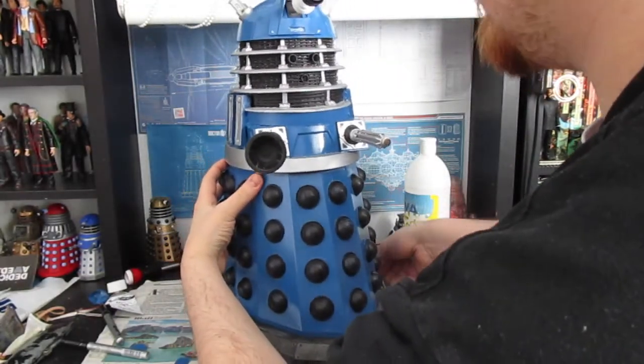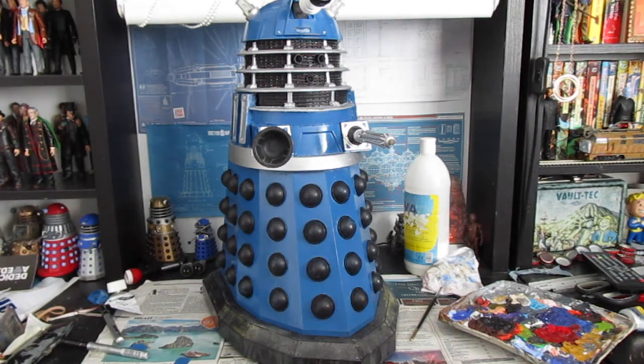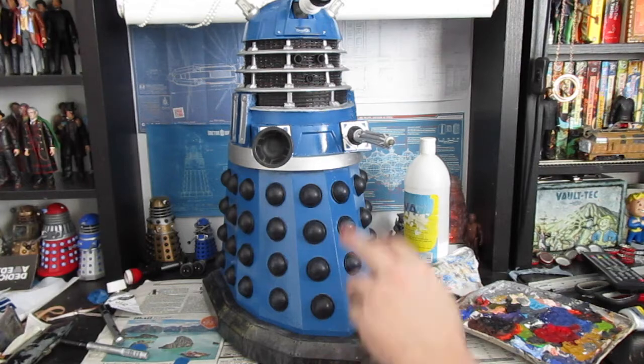It gives you an idea, at the very least, as I said, it still needs to be sprayed up, but it gives you an idea of how he's going to look once the base is on there. I think it's going to look very good. So basically, what I need to do now is wait for the paint for the base to turn up, and